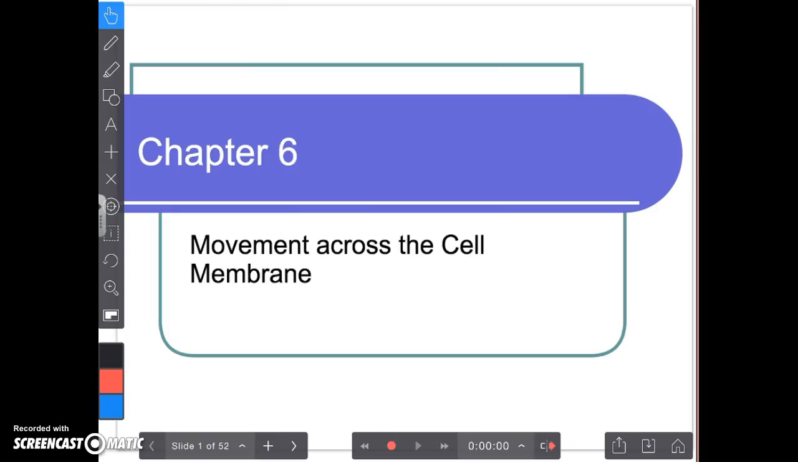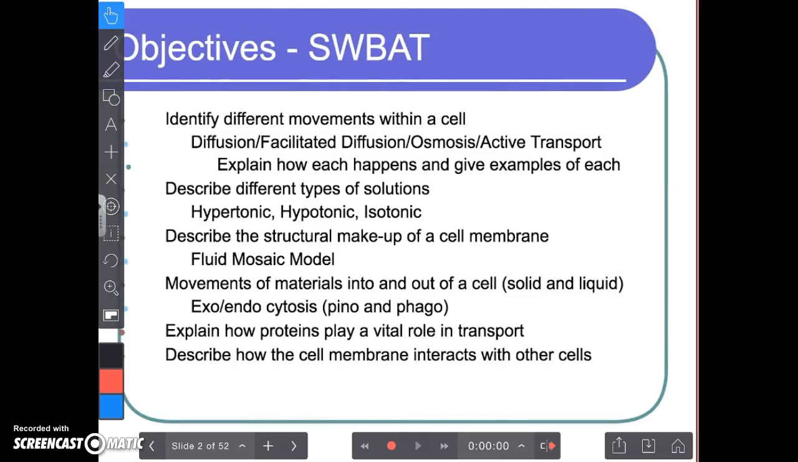Alright, here we're going to move our way into movement across the cells. We're going to really start taking a look at the structure of a cell membrane. Now, some of the different SWABATs that I want you to be able to take out of this today,